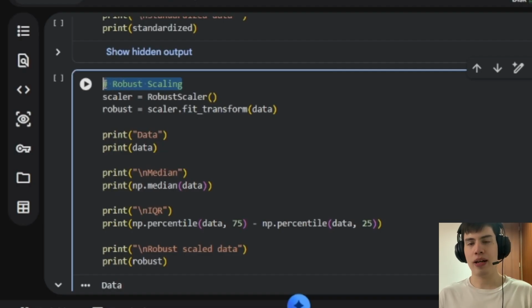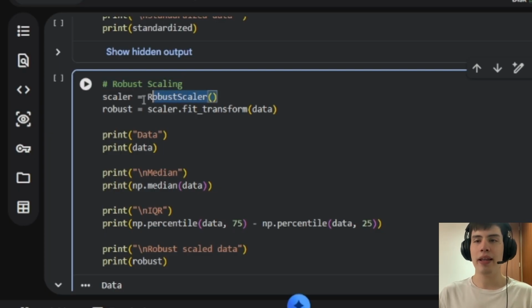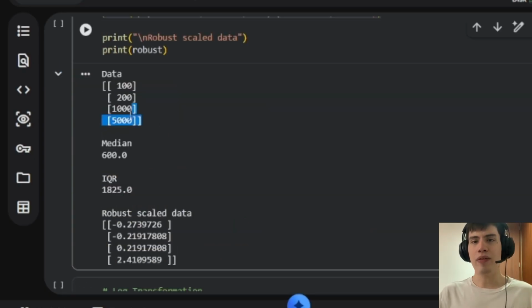Let's see it in the code. It's the same idea. First, we create a robust scaler and call fit_transform. Then we print the median and IQR so we can see what it's working with. The median of our data is 600 and the IQR is 1825. Looking at the output, 100 becomes about minus 0.27, 200 becomes about minus 0.22, 1000 becomes about 0.22, and